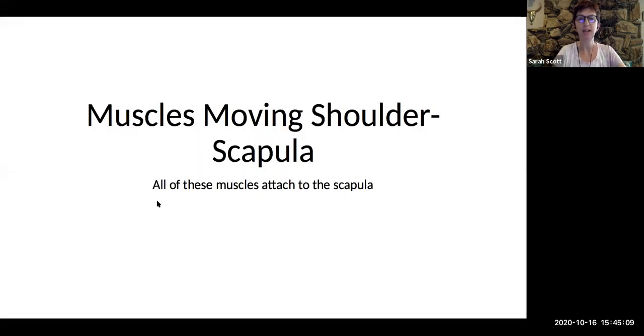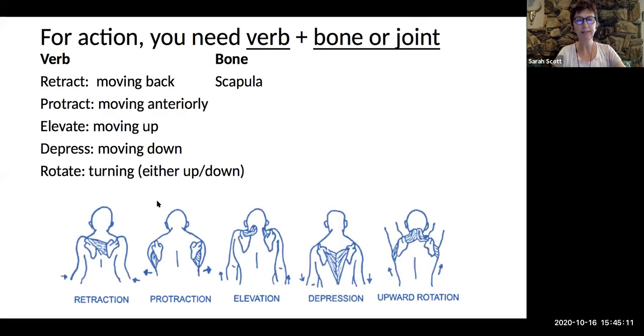All right, so let's take a look now. Again, with the actions, if you take a look at these drawings, there's a number of ways that the scapula can move. Now, to protract and retract. So protraction is to move in an anterior direction. It's not a big movement, but if you just sit up straight and pull your scapula tight against the back of your rib cage, that's protraction. And retraction is to pull in a posterior direction, moving back.